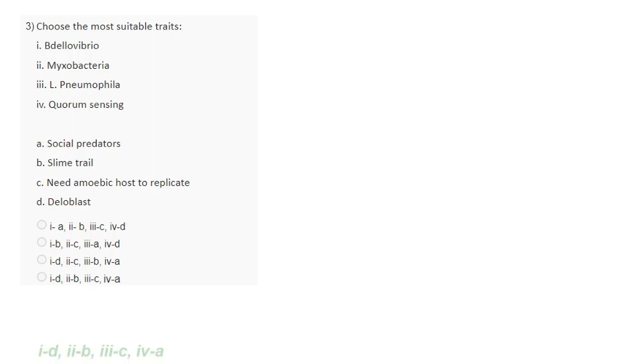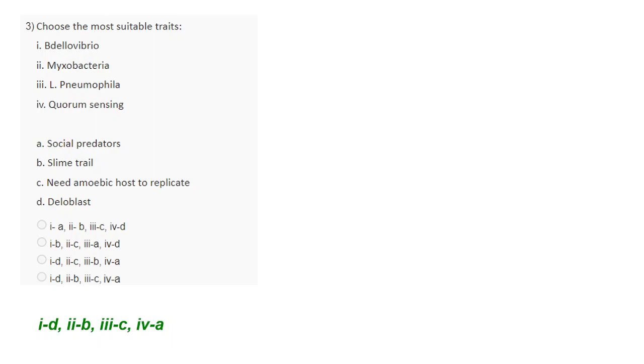Okay, I'll answer then. The correct answer will be option 4: 1D, 2B, 3C and 4A. 1D is Delovibrio, Deloblast. 2B is Myxobacteria, which can be matched with slime trail. Then we have 3C, L. pneumophila, that can be matched with need amoebic host to replicate, and then 4 is